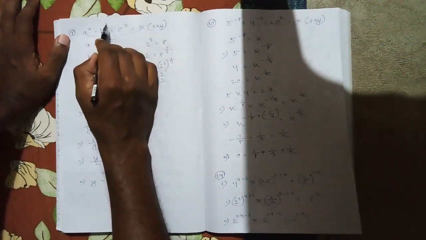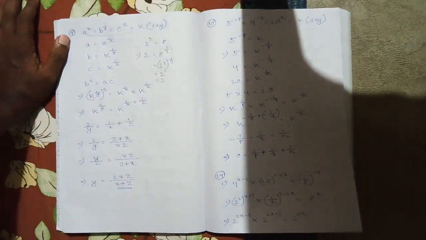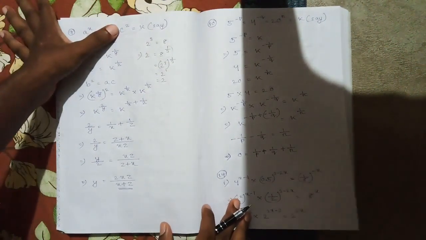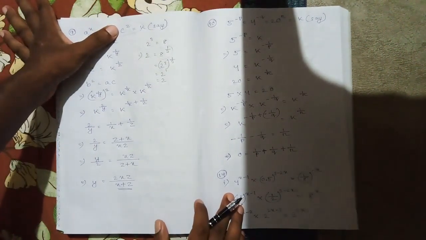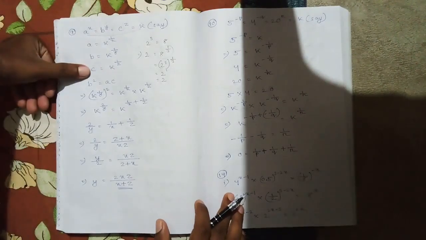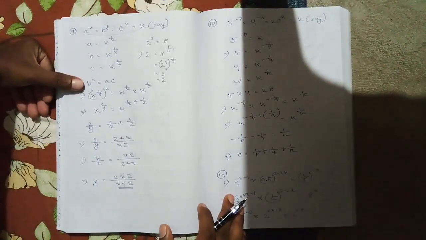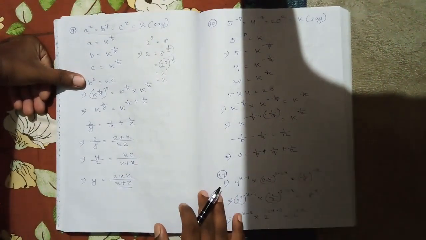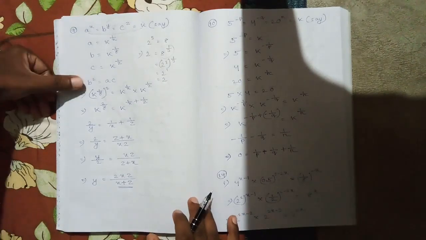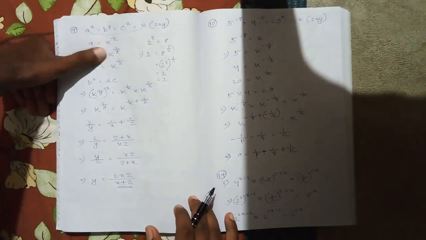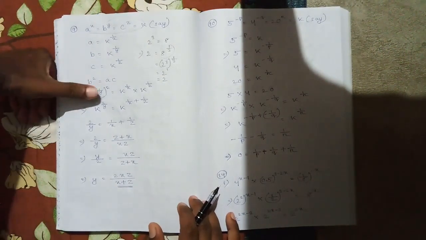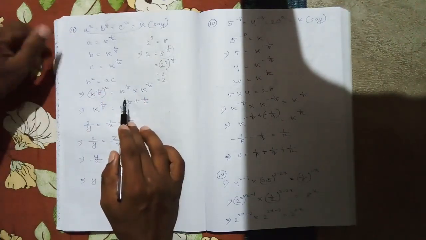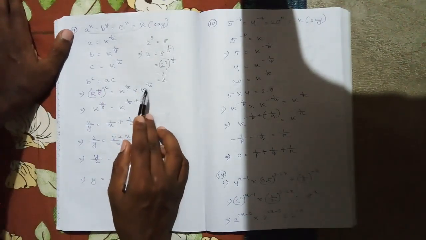Similarly, if b^y = k, then b will be k^(1/y). Similarly, if c^z = k, then c will be k^(1/z). Okay. Now in the question one more hint was given: b² = ac. Let us use this now. What is b? k^(1/y). So I have put (k^(1/y))² = put the values of a and c from here, k^(1/x) into k^(1/z).